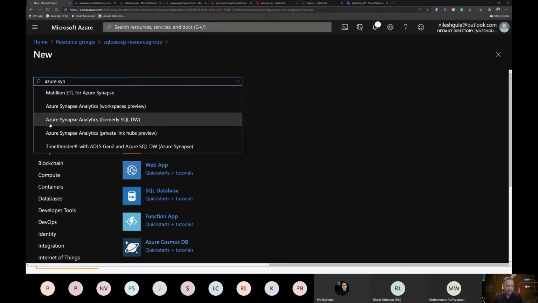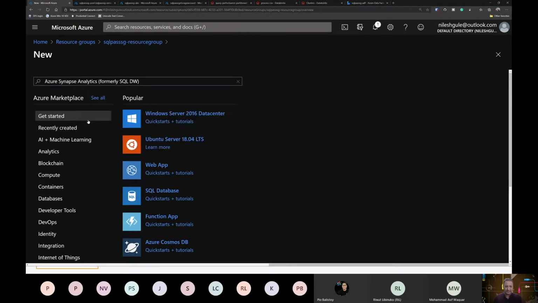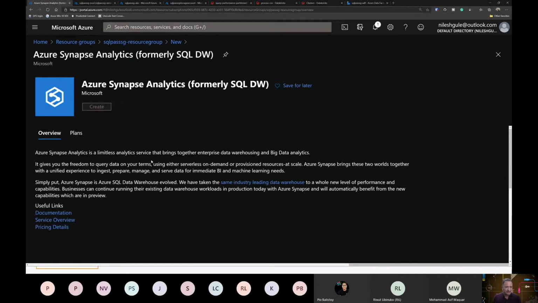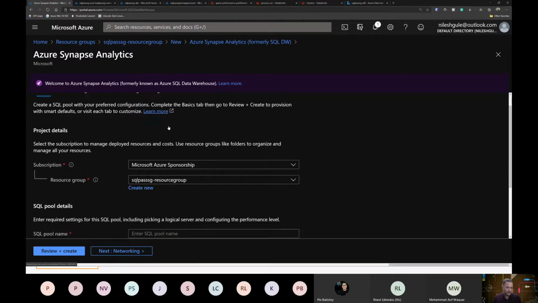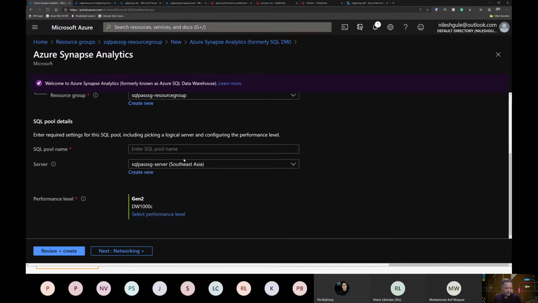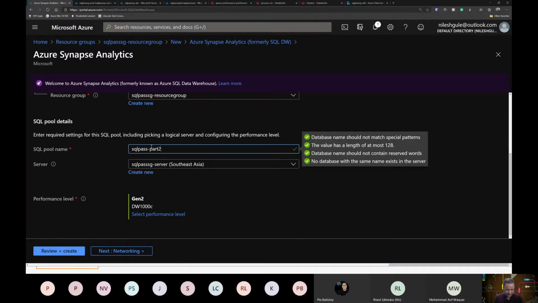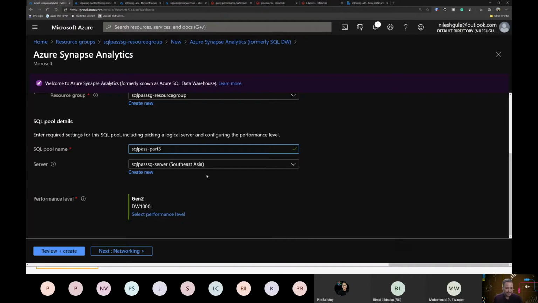So for this session, I will be mainly focusing on the data warehouse part, which is the SQL data warehouse, the Synapse Analytics part. So when I select this and I click on create, I get the usual options to select what subscription I want to choose, what the resource group is, and then we need to create a SQL server, a logical server, where this SQL pool will be hosted. So we can create a pool of resources, and we can give a name here like SQL pass part 3, for example. And I already have the SQL server, so I can reuse that, or I can create a new instance of the SQL server where this pool is linked to.